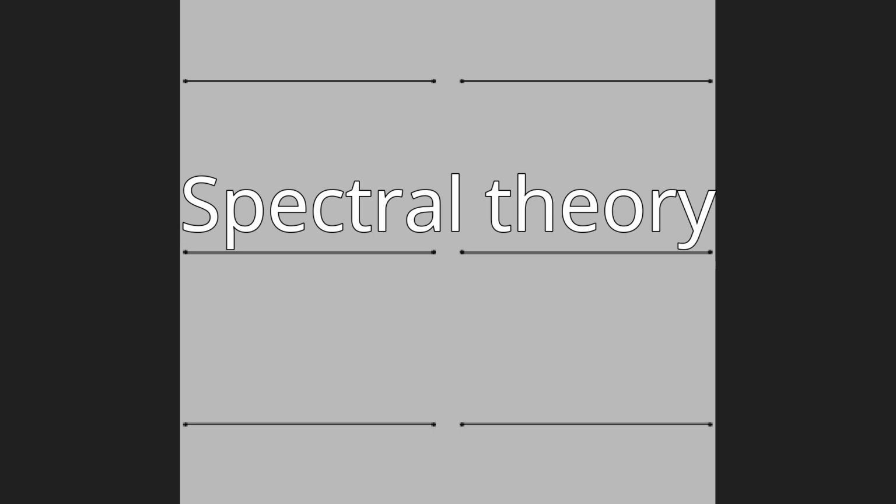If T is bounded, then the spectrum is always a compact set in the complex plane. If T is self-adjoint, then the spectrum is real. In fact, it is contained in the interval [m, M] where m and M are the infimum and supremum of the quadratic form. Moreover, m and M are both actually contained within the spectrum.